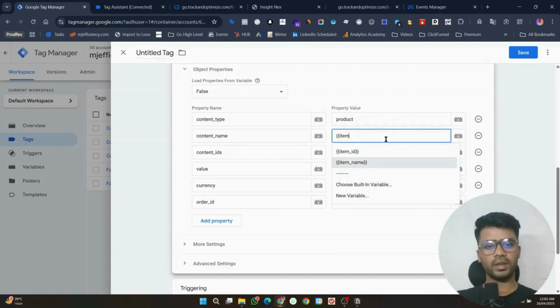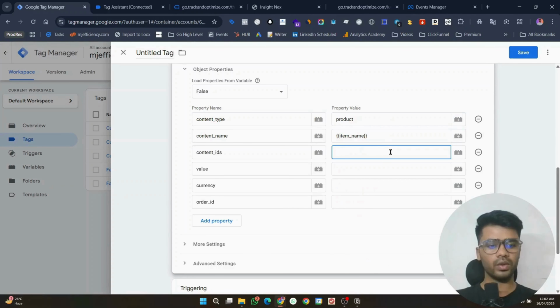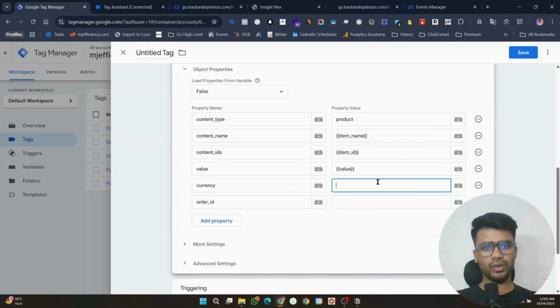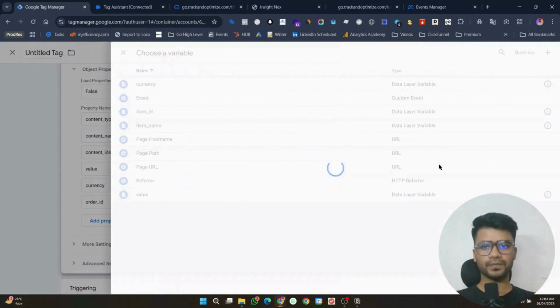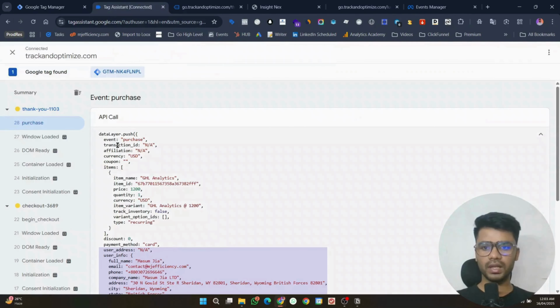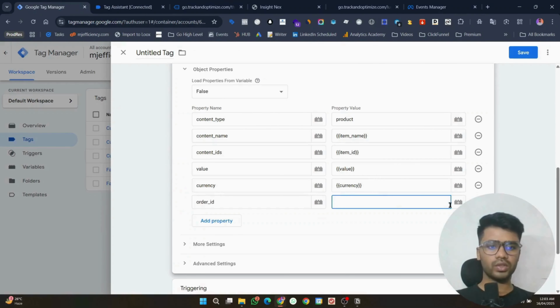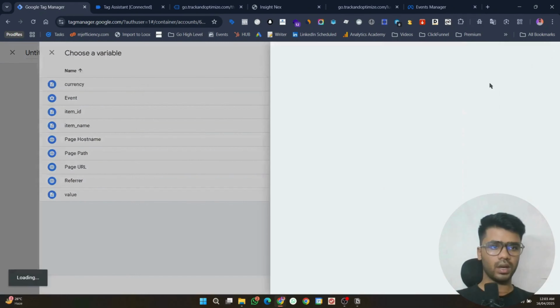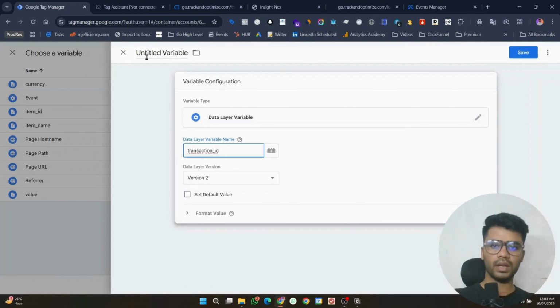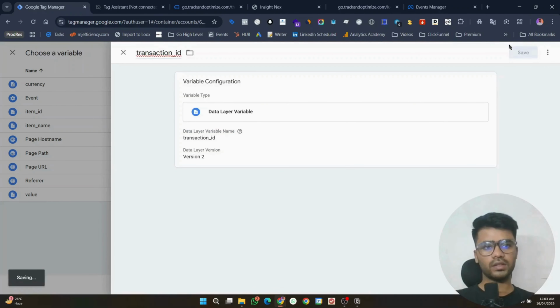We have already created the variable in our add to cart video. You can check it out, and content ID is the item ID. If you want to check how I created the variable, check our videos. So for now, you see currency. Where is the order ID? Order ID is called transaction ID. I would just show it. Get another variable, a data layer variable. That's it. Hit save,